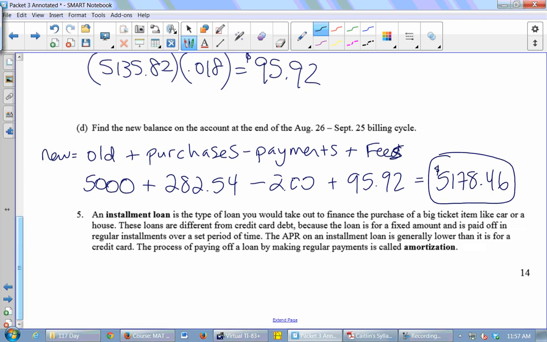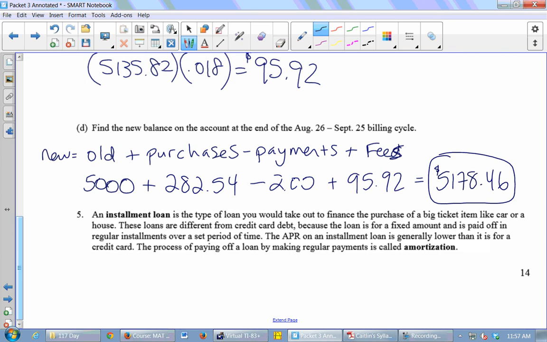Okay, so the next thing we're going to talk about is an installment loan. An installment loan is the type of loan that you would take out to finance a big ticket item like a car or a house. So these loans are different from credit card debt because the loan is for a fixed amount, right? So you must pay a certain amount every month, and you can't continue to use the credit. You can't build a balance on it. The balance just is what it is, and you pay it off by a fixed amount each month over a fixed amount of time. The APR in an installment loan is generally lower than it is for a credit card,